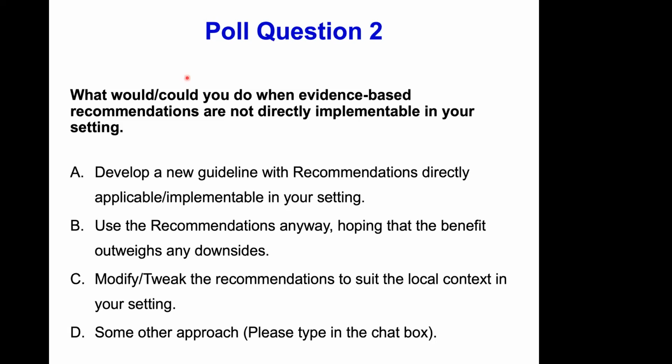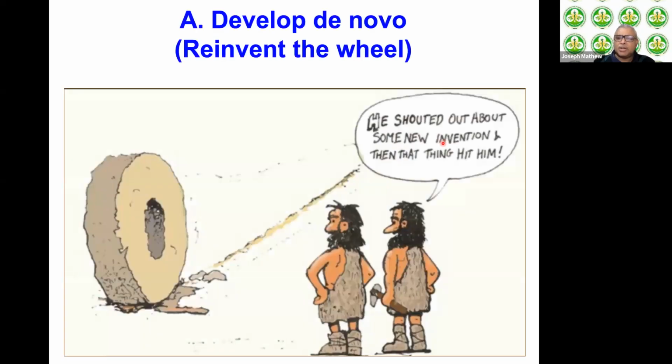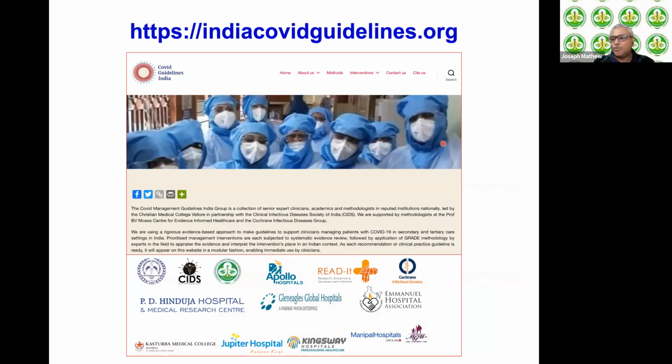Yes, you can. Okay, the slides are stuck again. There it is. So you're right, these are pretty much what we would do. The de novo recommendation development is like reinventing the wheel, and it's a great thing, but the wheel can sometimes crush the person who invented it under its own weight. Despite those challenges, we in India actually have a COVID India Guidelines Network group, which has reinvented the wheel and looked at all these interventions all over again. We have built up recommendations on each of these, and they are available on our website. So it's not efficient. It's not the best use of resources, time, manpower,